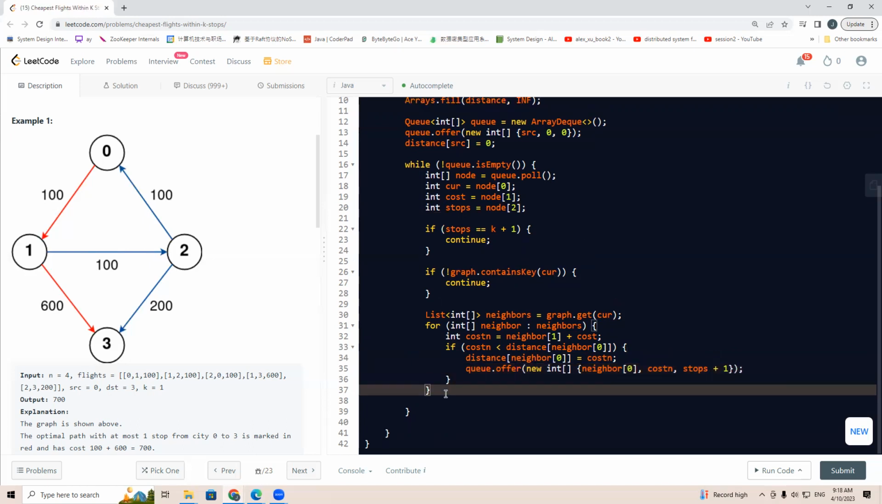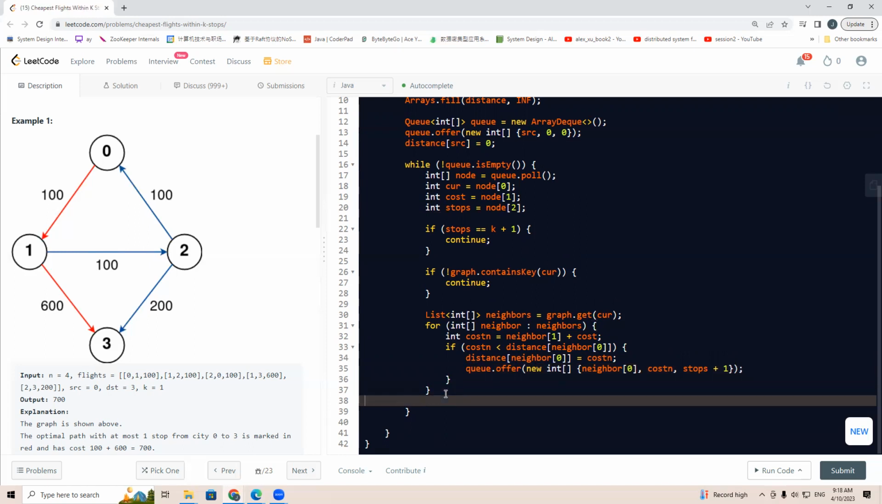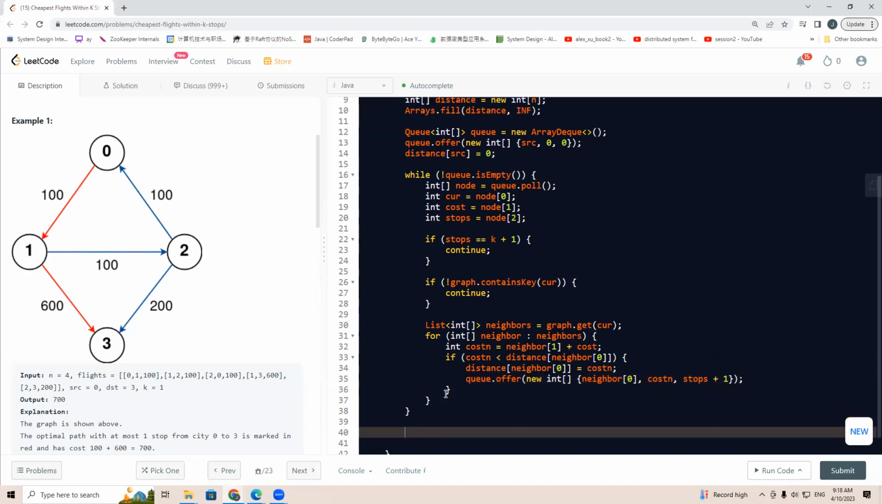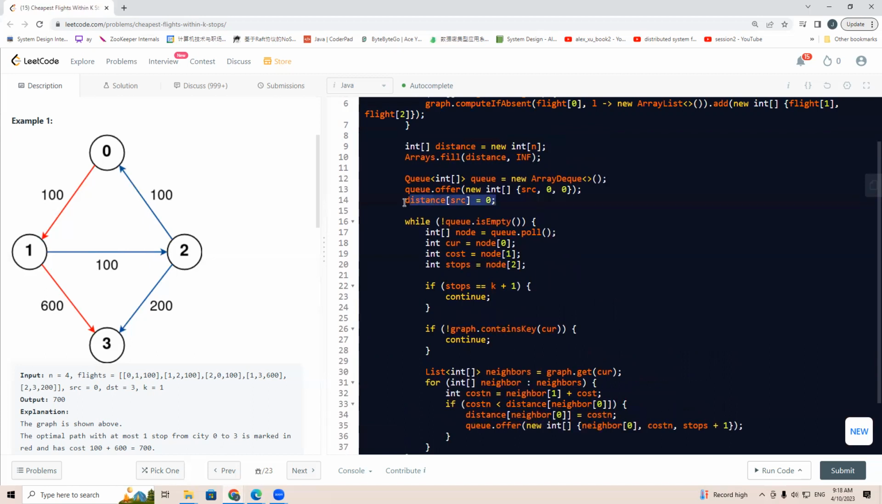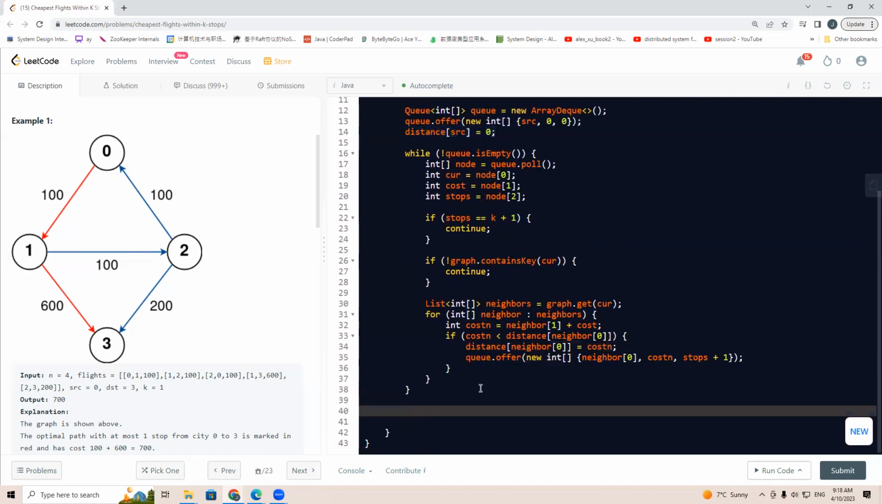So in the end, what we are going to return is that it's still possible that this distance array is still infinity. So if it is still infinity, then we are going to return -1. Otherwise, we are going to return